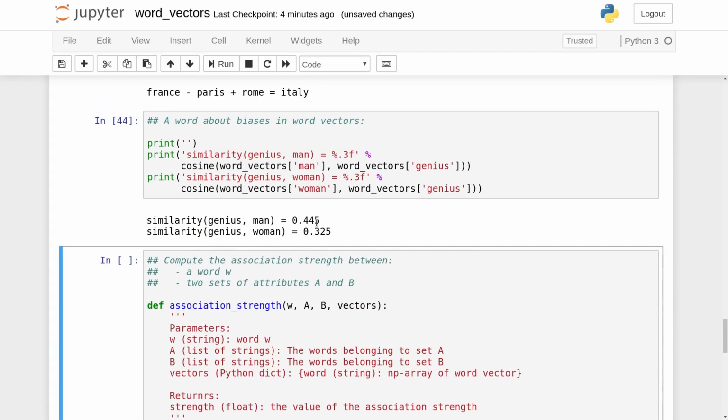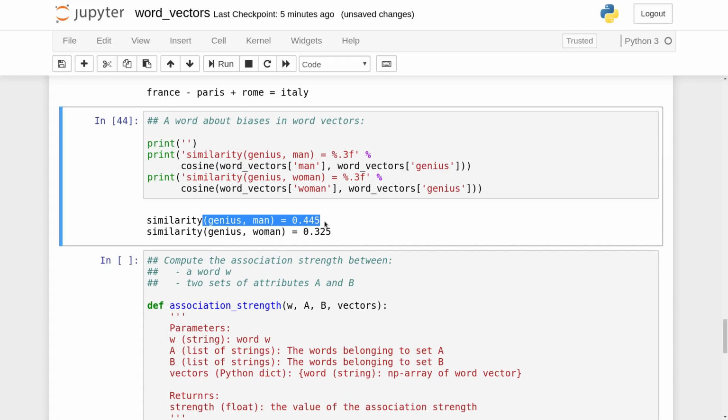And unfortunately, that's the case. So the word vector of man is more similar to the word vector of genius compared to the word vector of woman and genius. So now,